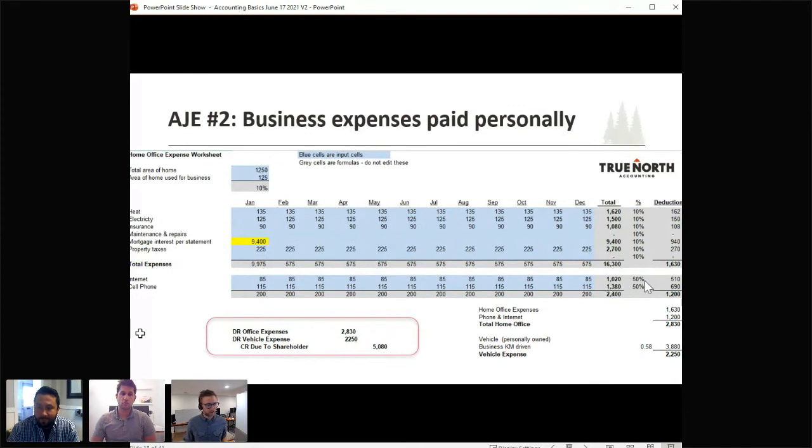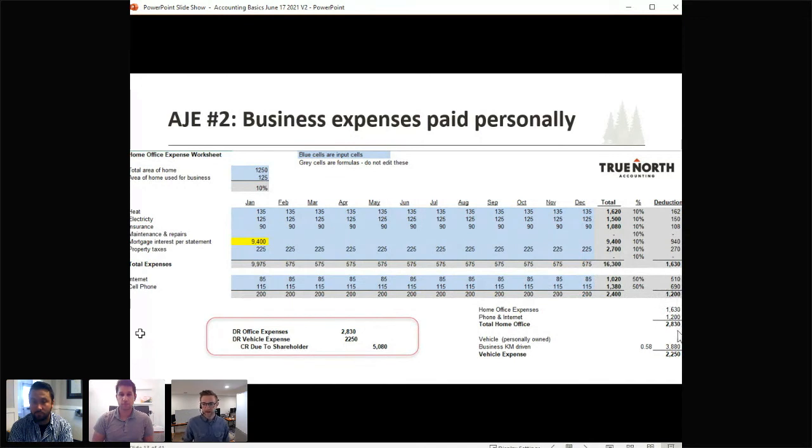10% is for business based on square footage. And so you get $1,630 for your home office. That's a business expense, and your business can pay you back that money, and that's tax-free. So we're going to add the internet and cell phone portion to just the office expense category. And so we're taking 50% of internet and 50% of cell phone. And so that's another $1,200. So we add $1,630 and $1,200 to get the